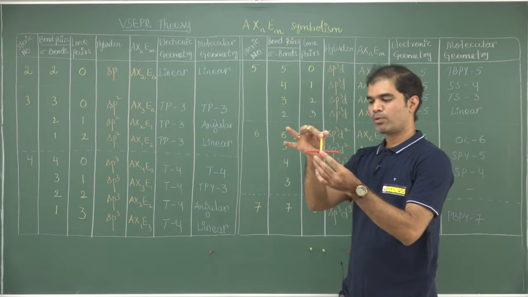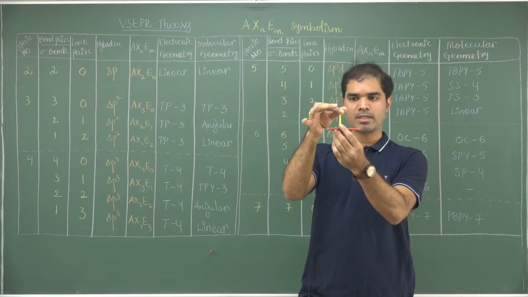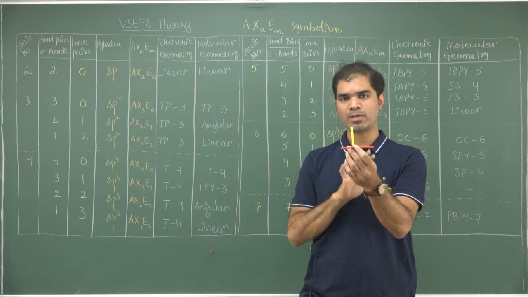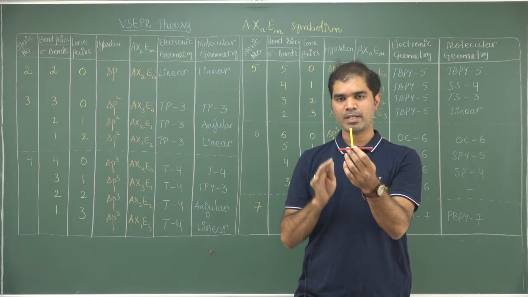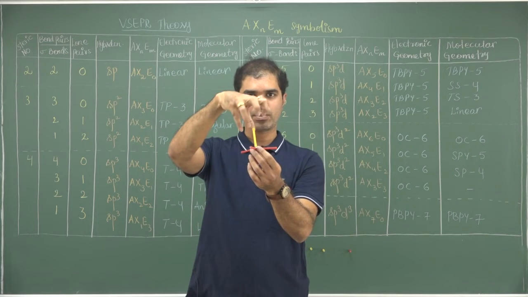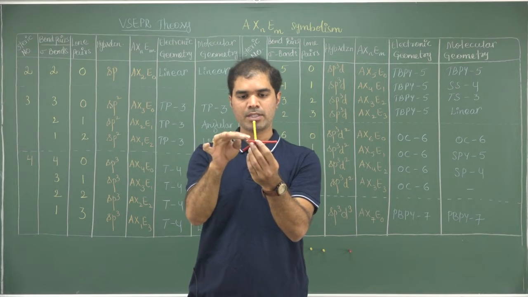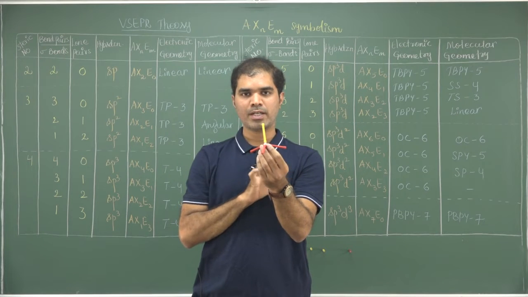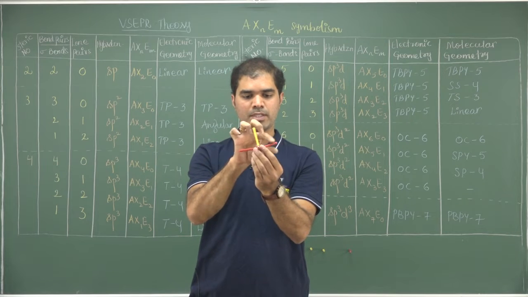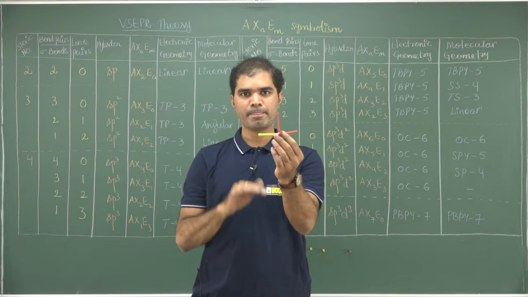I could take that lone pair along the axis, but whenever I am taking that lone pair along the axis, I said lone pair will occupy a larger domain because it is localized to the central atom. It requires a greater space. In the last video you can just watch this. It will occupy a greater space, and due to its occupation of greater space, it will try to repel these 3 bonds to a greater extent. These 3 bonds will bend, and that is a very high energy state. So instead, this particular lone pair will choose an equatorial position.